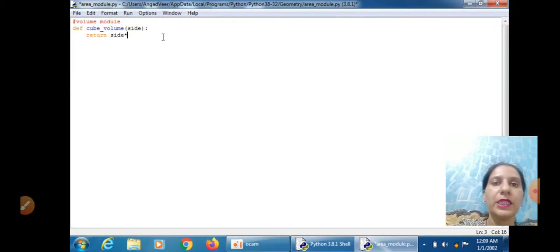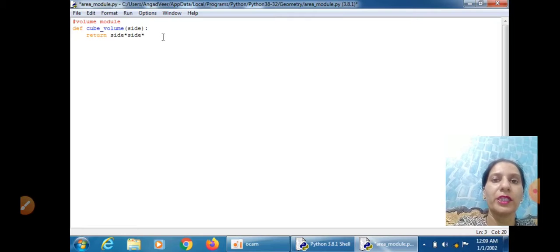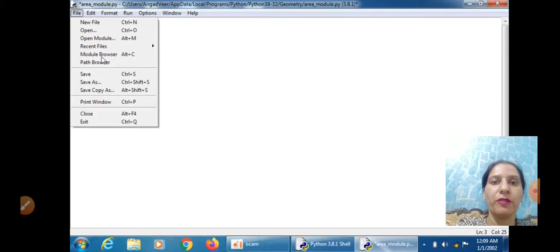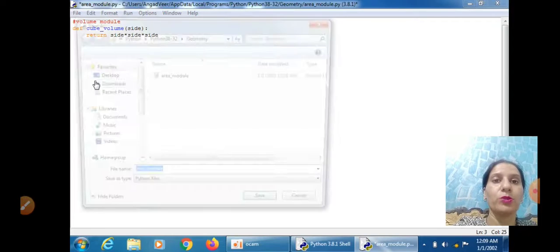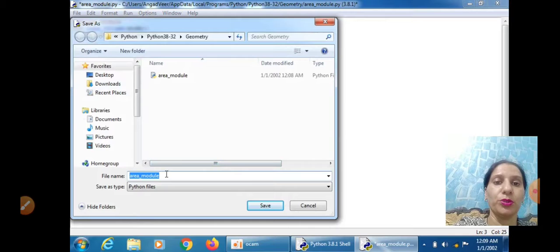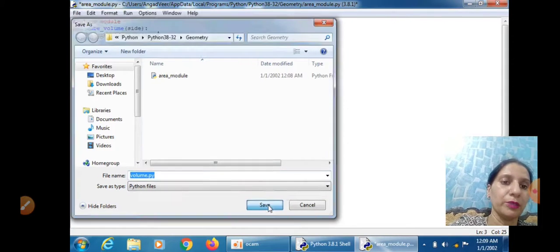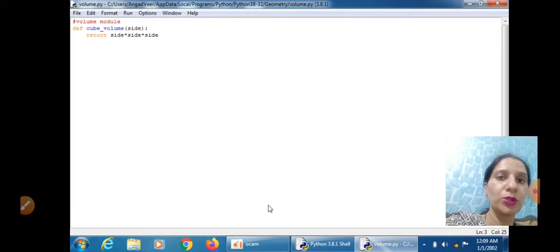I'm writing directly; you can also take a variable for finding the volume of a cube. Write side * side * side. Now save it by using Save As in the geometry directory, and suppose the name of this module is volume.py. Now we have created two modules.